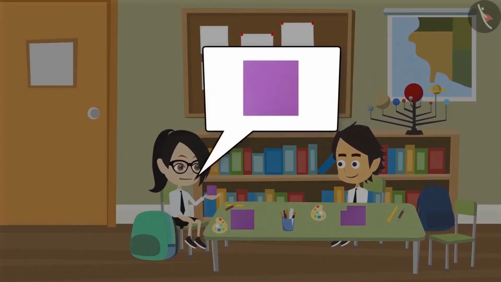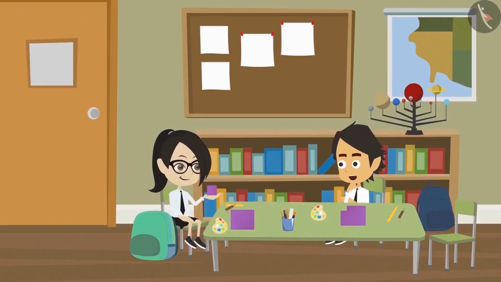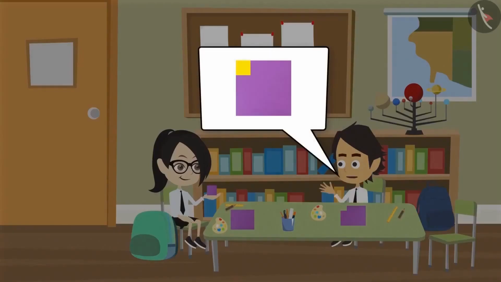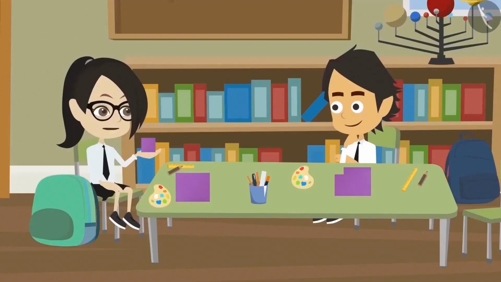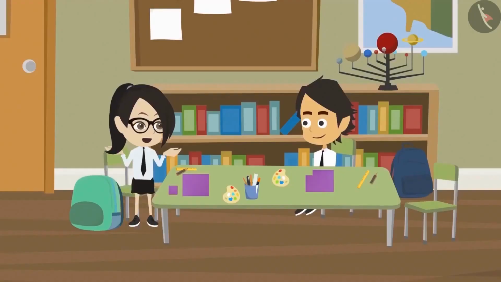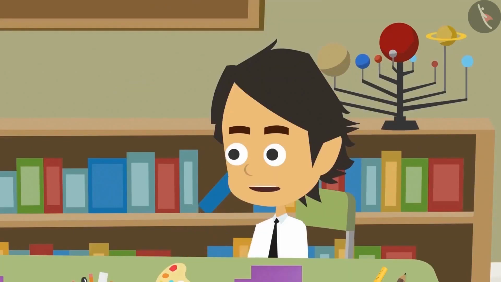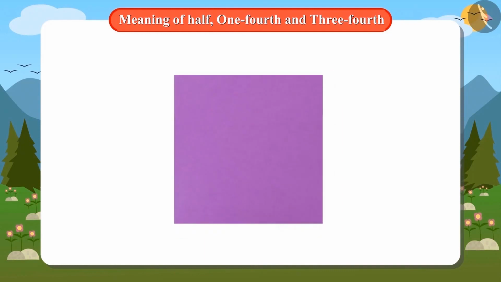Yes, I want only a quarter of your cardboard. But it looks smaller than that. No, it is not small. It is 1/4. Quarter means half of half. Do you think that you have made half of half? Yes, Vandana. If you want, you can see it yourself. Oh, it's not a quarter. It is smaller than that. How did you divide this into quarter, Ayushman? Look, 1/4 means half of half. So I first measured this cardboard from all the sides.